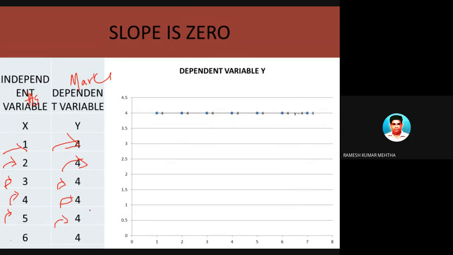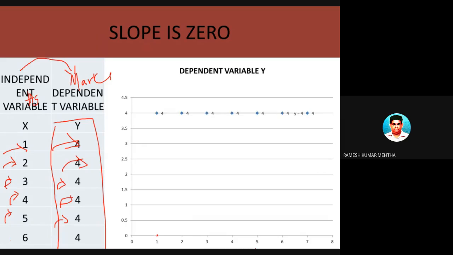Now, if you look carefully at this data, there is no change in the output variable or the dependent variable. In this case, the number of hours studied is the independent variable, which is supposed to influence the dependent variable. Now if I plot this independent variable and dependent variable, the number of hours studied and marks secured on the x-axis and y-axis, you will get a graph like this.